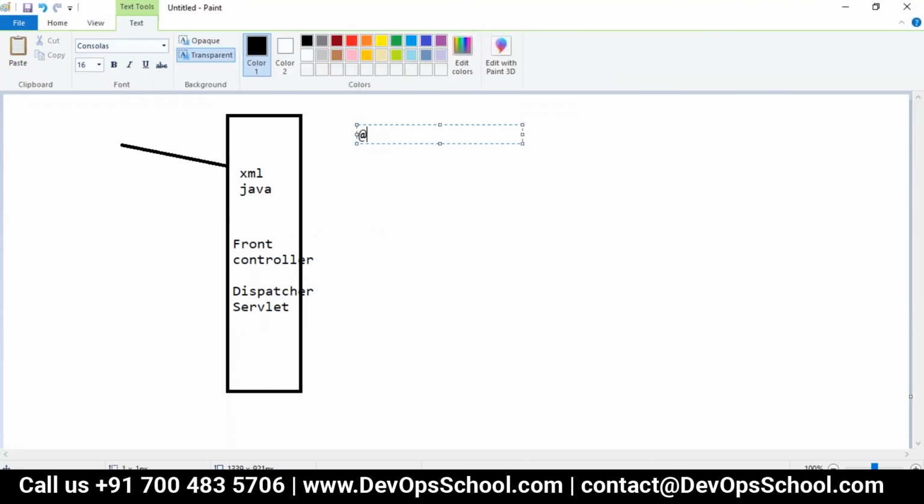Either we annotate it with @WebServlet, the annotation way, or we configure the servlet tag. It is one tag which is available. So servlet is one tag that we have to map. The servlet will take the name of a servlet.